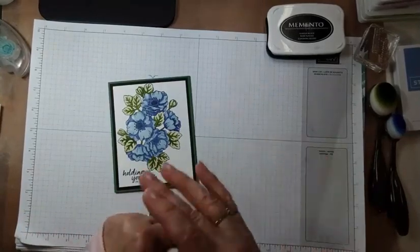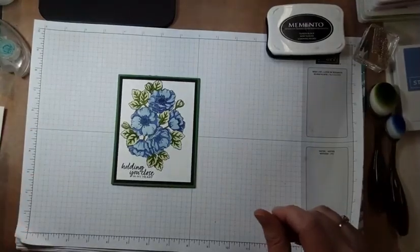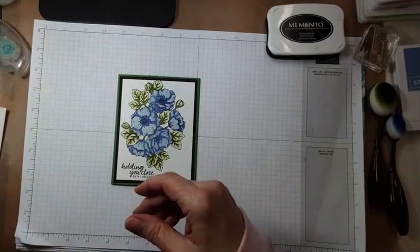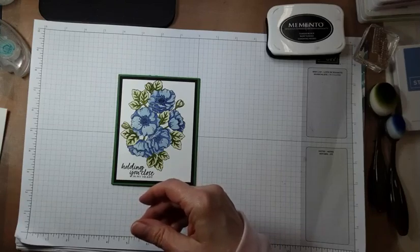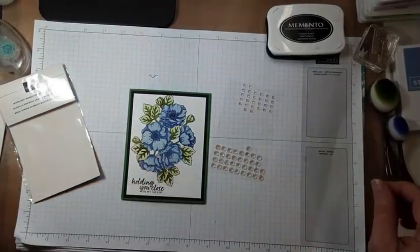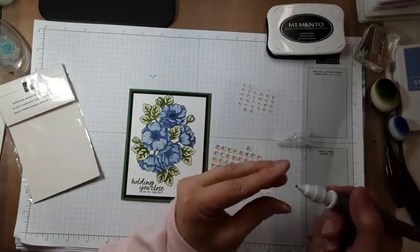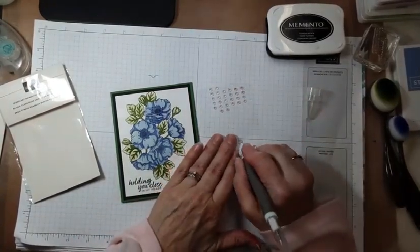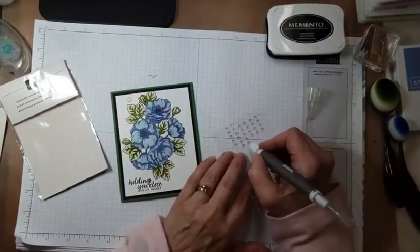There. Okay. Oops. All right, there's that. And let's see what I have here. Don't want those. Not those. Let's grab these iridescent rhinestones. These will be pretty. And I'm going to take your pick tool and put one big one up here, and